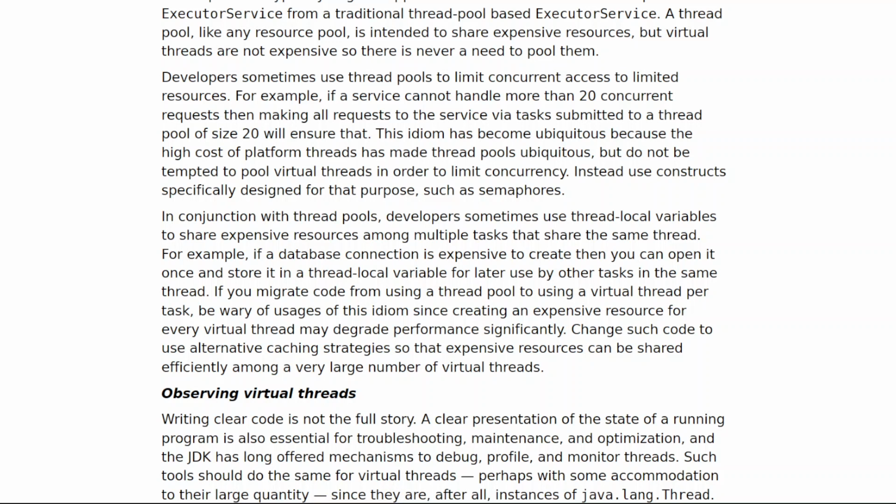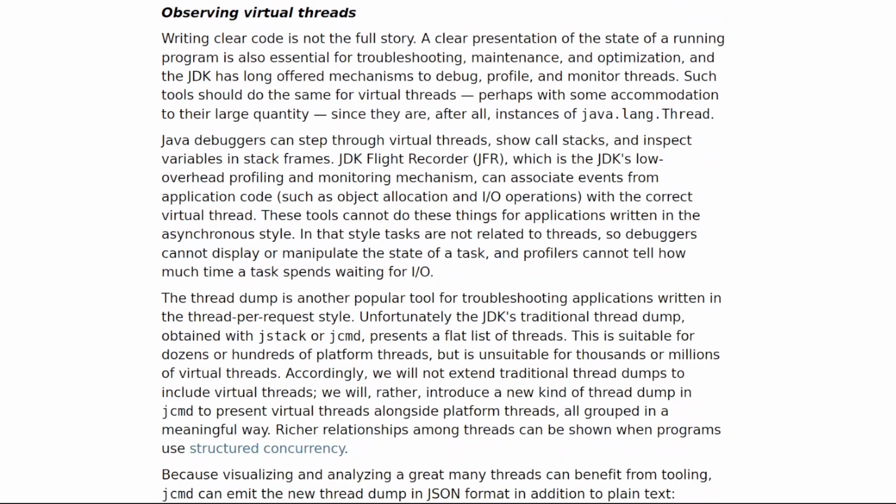If you migrate code from using a thread pool to using a virtual thread per task, be wary of usages of this idiom, since creating an expensive resource for every virtual thread may degrade performance significantly. Change such code to use alternative caching strategies so that expensive resources can be shared efficiently among a very large number of virtual threads.